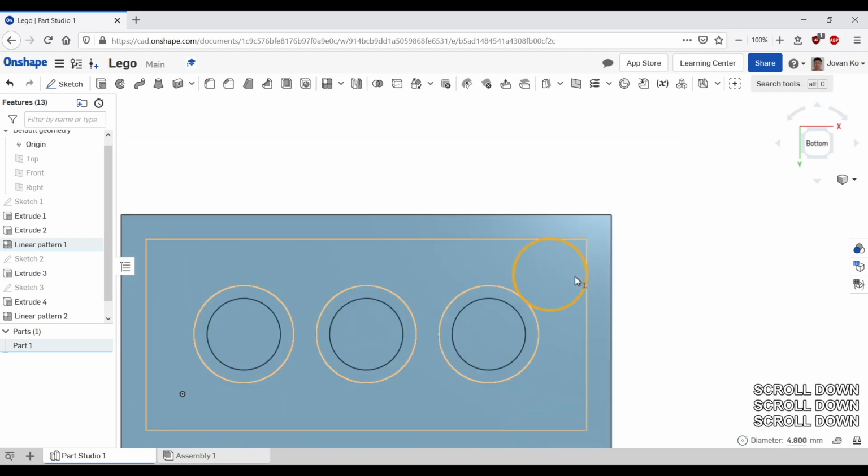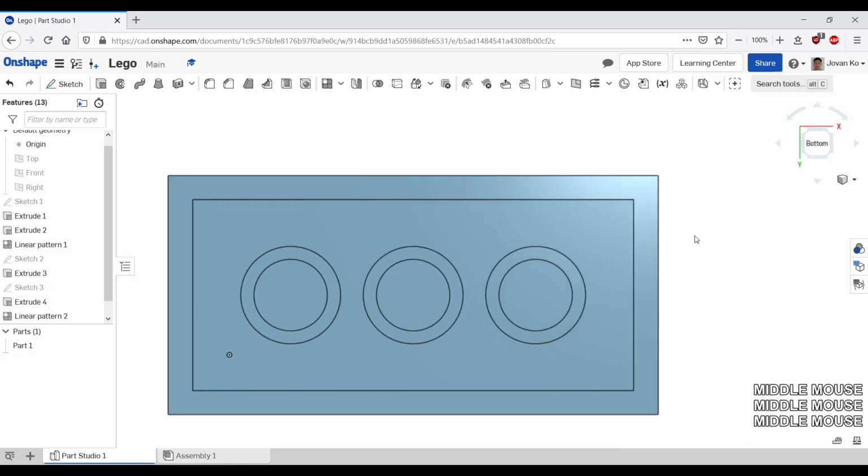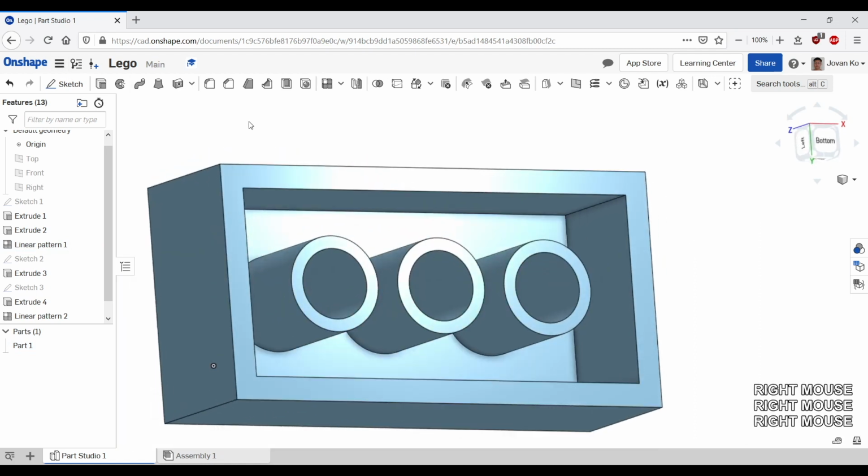And manufacturing is never that precise and never that accurate. So what we need to do is we actually need to include some clearance, basically to allow for that variation of dimension. And the easiest way to do that in OnShape is with the